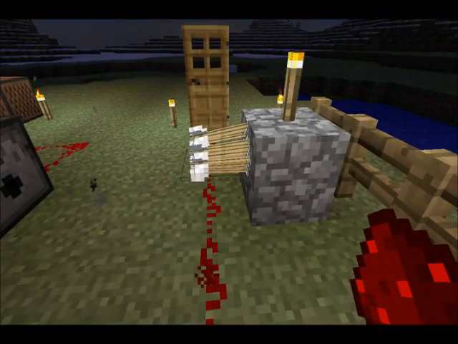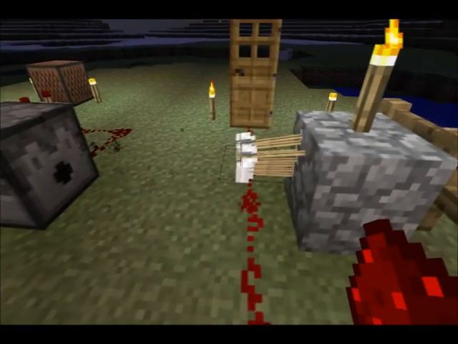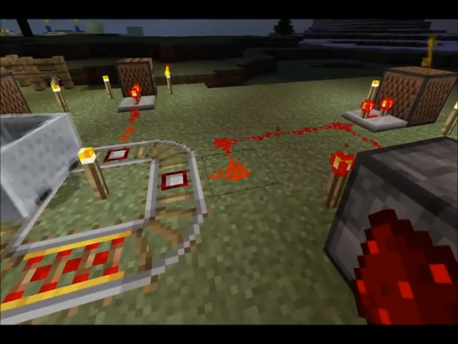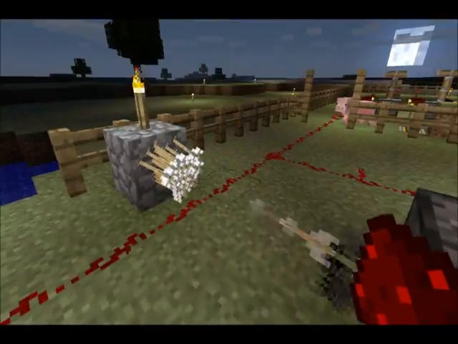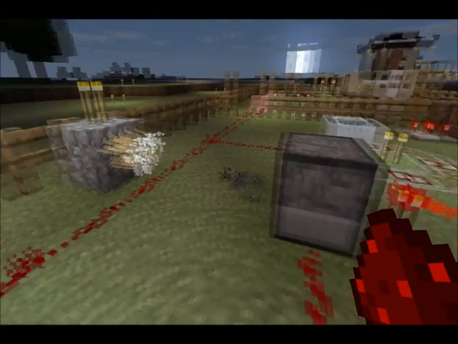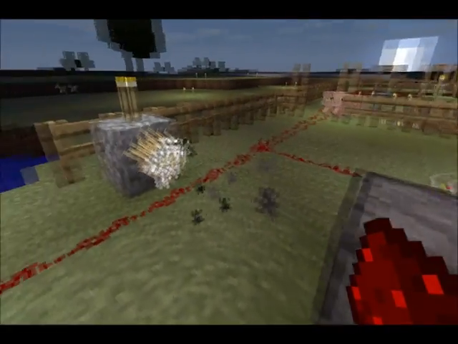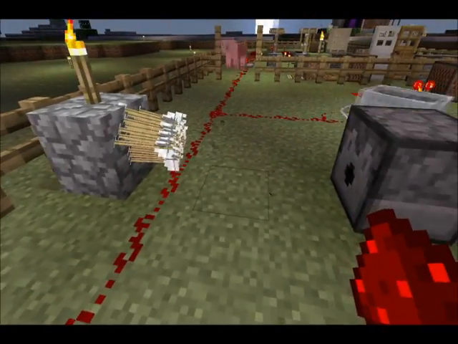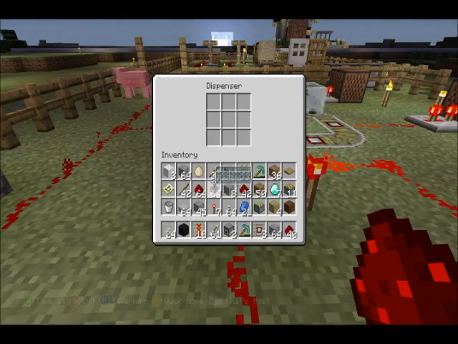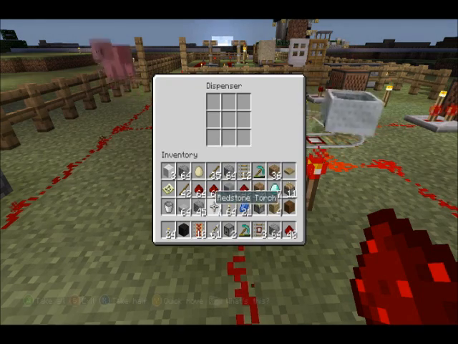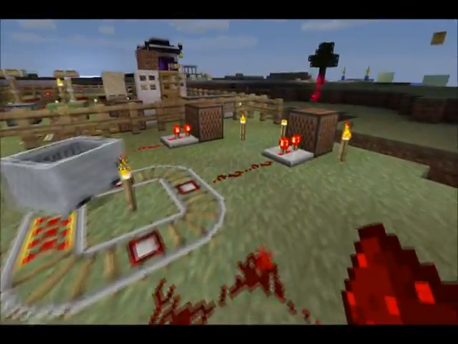I also got a dispenser rigged up to shoot arrows. You can also put items in there, but the items will just spit out. Arrows actually shoot and will cause damage, so you can use them for traps, things like that. I have that rigged up so every time the cart rolls over that detector rail, it shoots over here and then shoots an arrow out on the timing of that. There are different circuits you can rig these to create a machine gun effect. We can do that later if people request it. As you can see, it loads up a lot of arrows, so it makes a nice little turret. So there's a bunch of different things that you can do with redstone